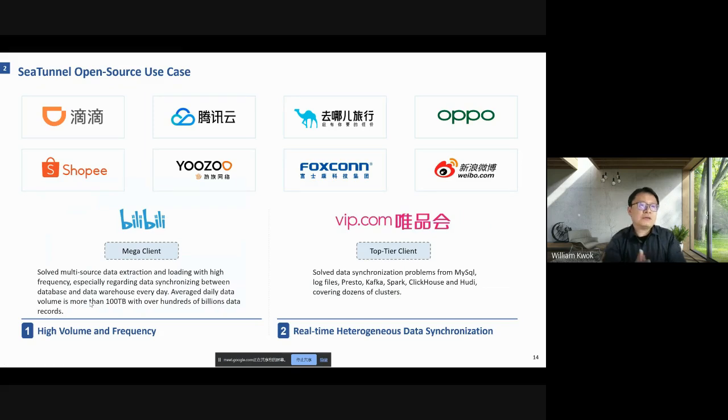And now many people use SeaTunnel. One of them is Bilibili. It's just like YouTube in China, and Bilibili is using SeaTunnel to synchronize more than 100 TB of data per day. And there's another company called VIP.com. It's like Alibaba's Taobao, but smaller than Taobao, and it's